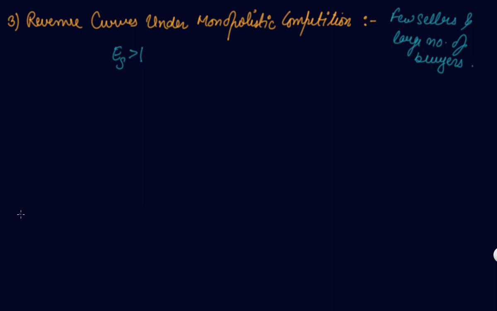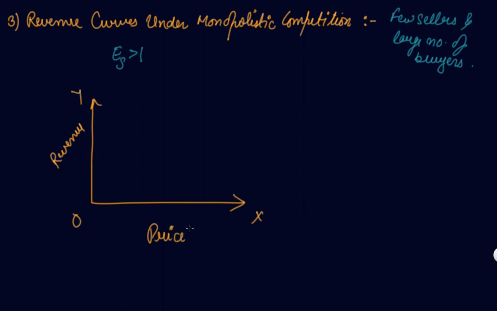Right? The change in the quantity supplied will be more as compared to change in the price. So in this, if we take your revenue curves, your revenue curves will be like this. Your more steep,